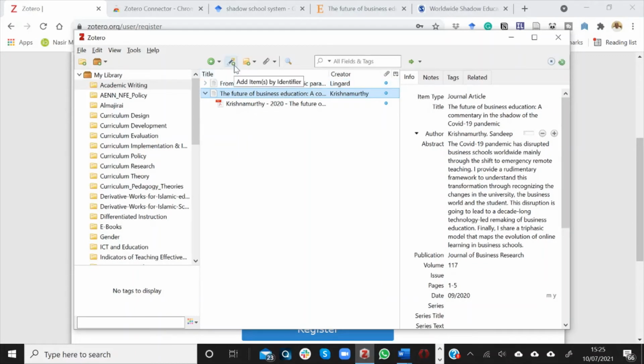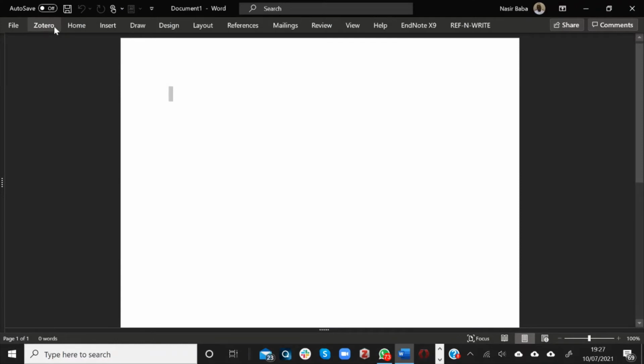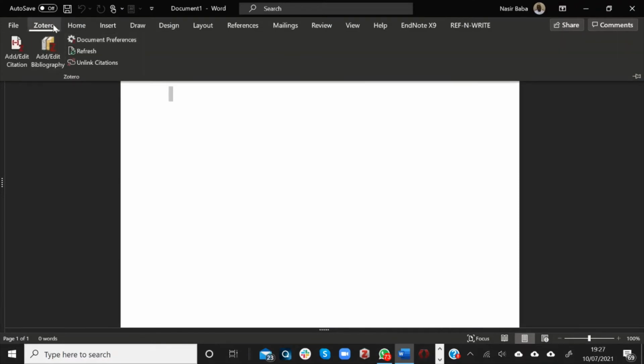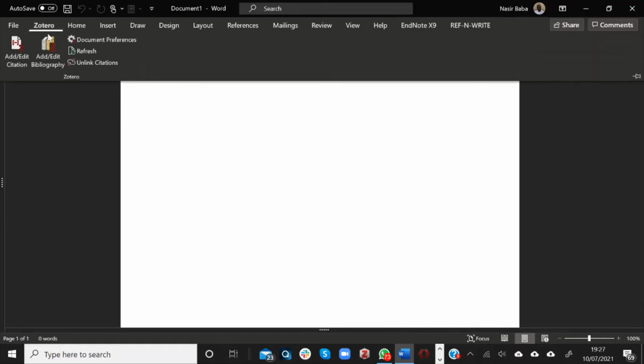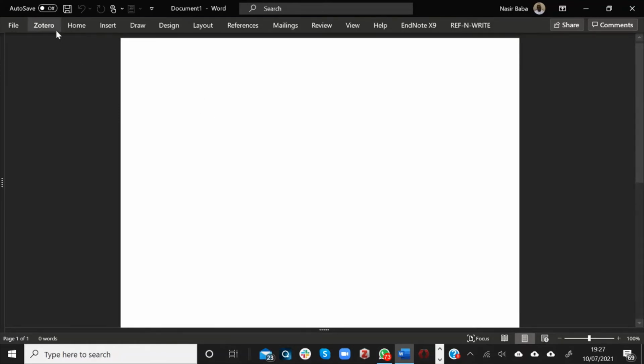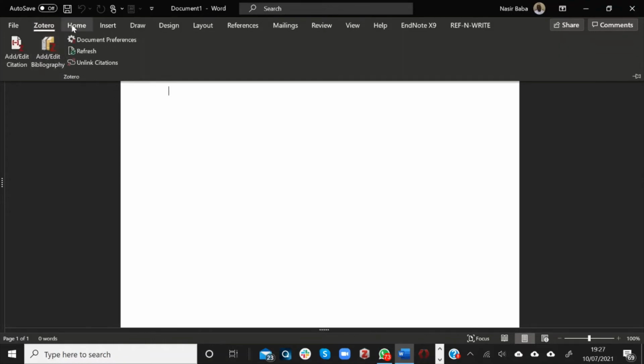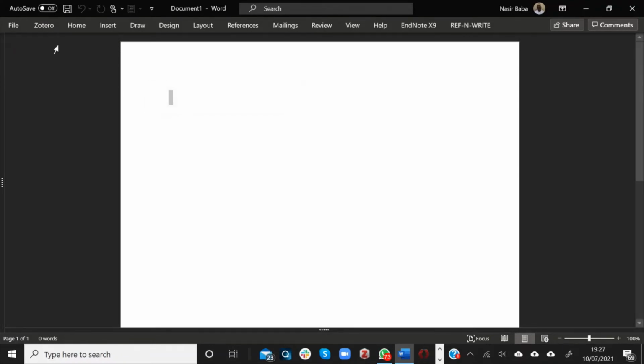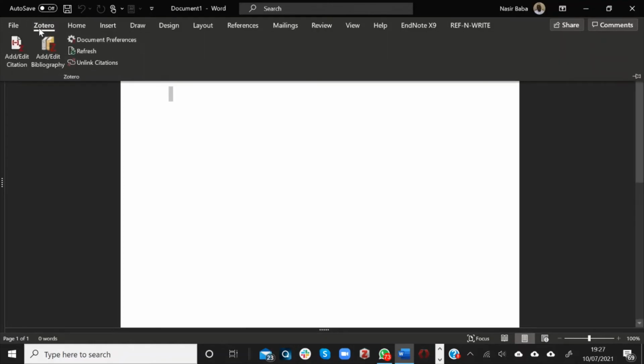Now, you are set up to start using Zotero to cite sources and add a bibliography or reference list to your documents. It is at this point that the Zotero Word plugin that I mentioned earlier becomes functional. Open a Word document and you will see Zotero among the tabs on the document. Mine is at the top left of Word. To use the steps mentioned below, please ensure that the Zotero app is open and running.